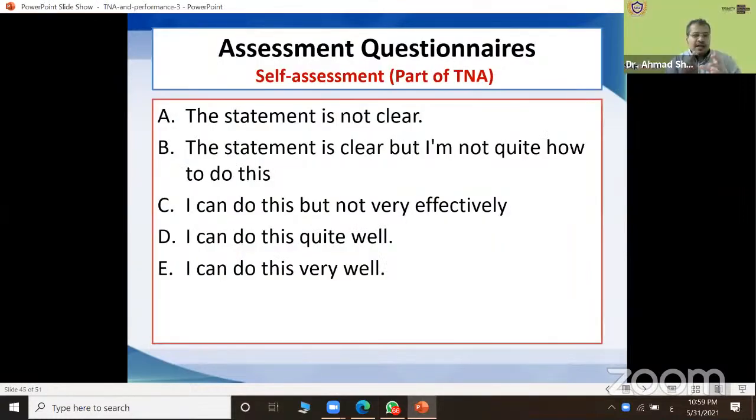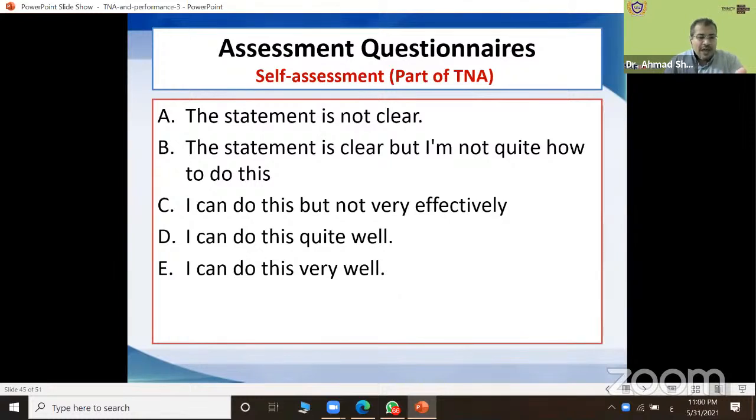For example, in the assessment questionnaire, in each item, you will have these 5 options. When you read the statement or the sentence, you decide: the statement is not clear for you; the statement is clear, but I'm not quite sure how to do this; I can do this, but not very effectively; I can do this quite well; I can do this very well.